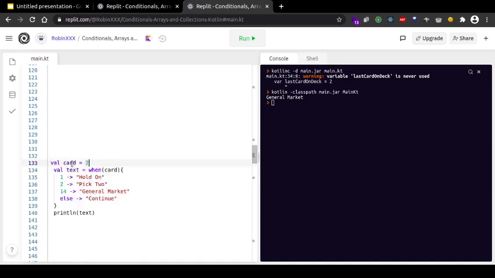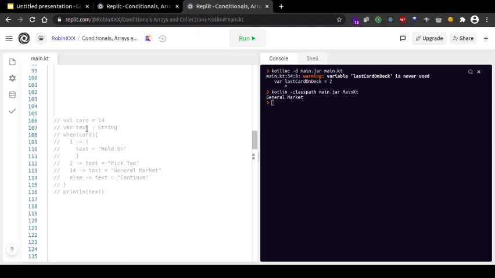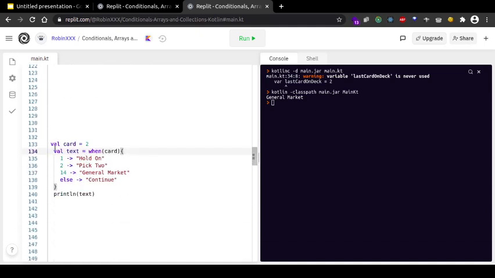Okay, so this is my last card again, the last card on the deck. If card here is equal to 2, you should say pick 2. But instead of just doing that, pick 2 here directly and setting the text, calling this text, setting this text, you can actually say this text is equal to when. That's the difference. Instead of writing the text when and then calling text is equal to this and changing the value of text, you can see